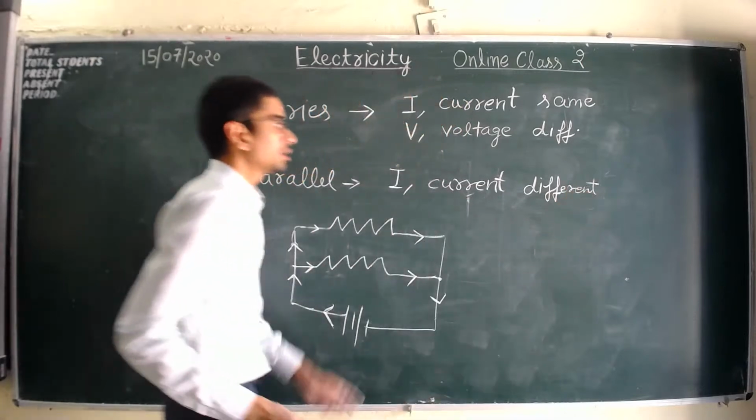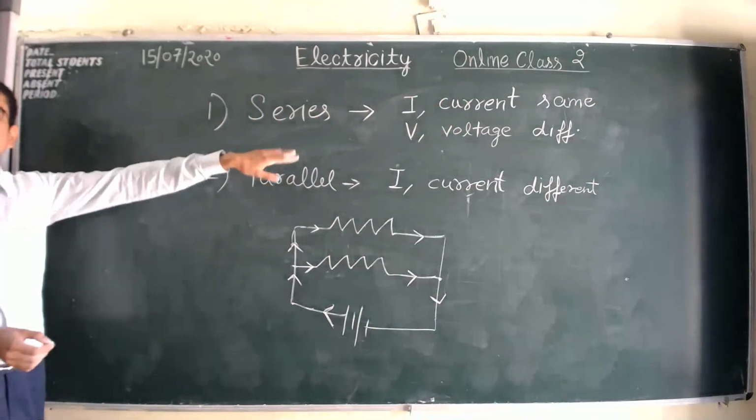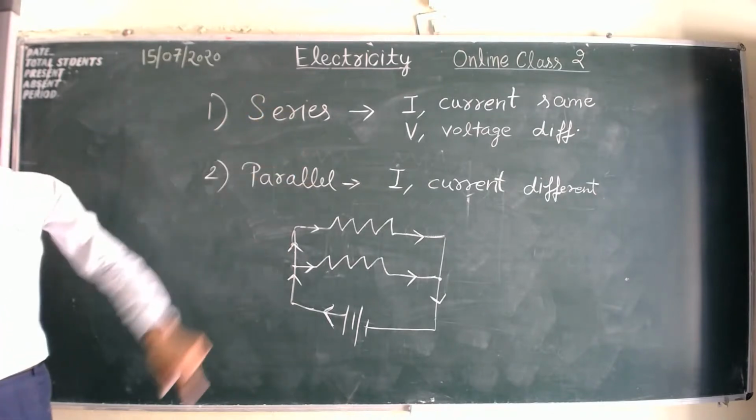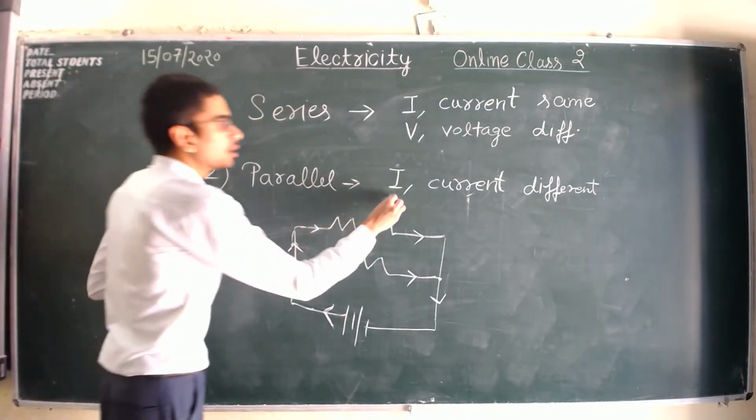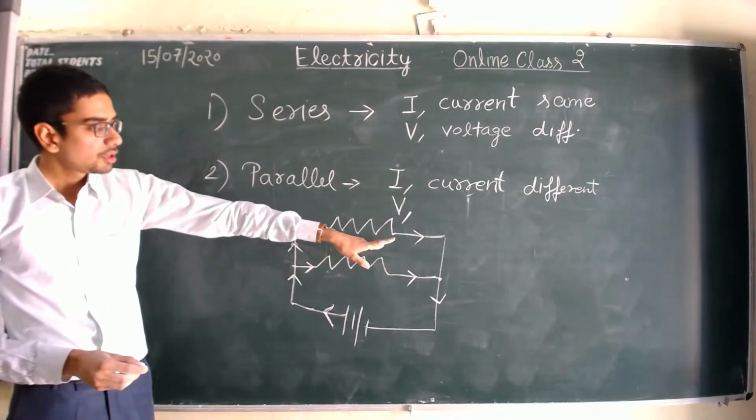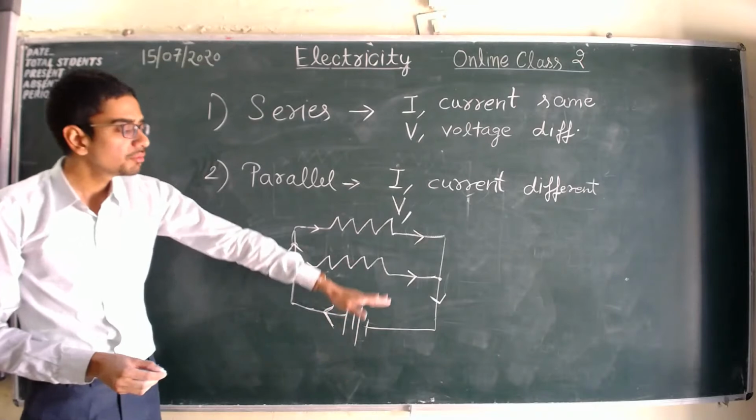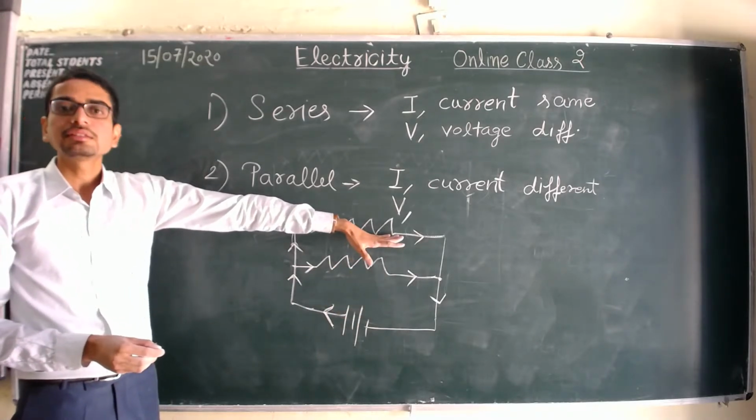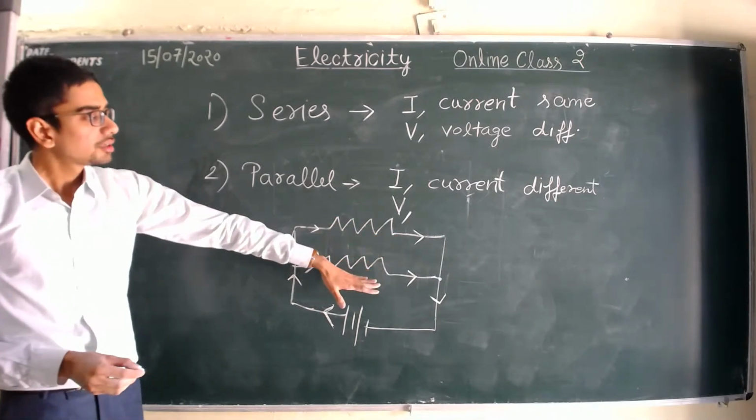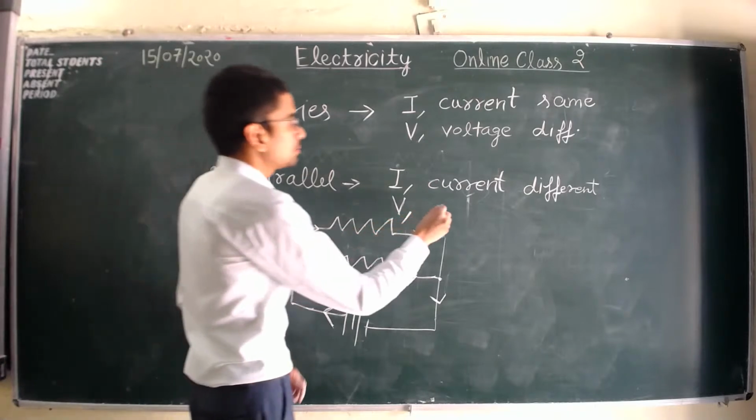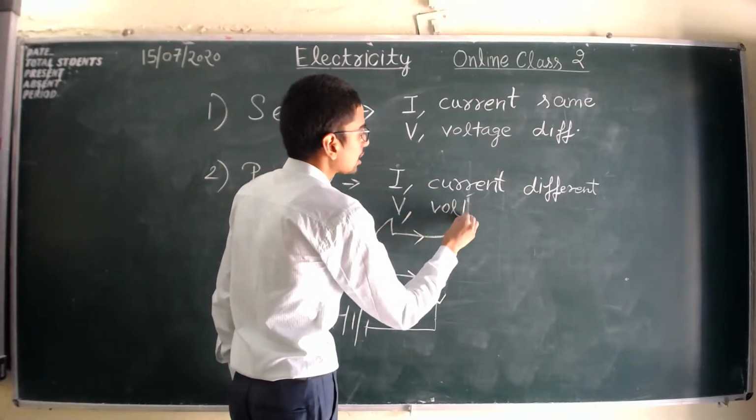Okay, compare these two things, series and parallel. ठीक है, सीरीज में करंट सेम रहता है, पैरेलल में अलग अलग होता है। वोल्टेज ऑलवेज रिमेंबर, पैरेलल में वोल्टेज सेम रहती है। जो वोल्टेज बैटरी की है वही वोल्टेज इस रेजिस्टेंस की होगी, वही वोल्टेज इस रेजिस्टेंस की होगी। ओके, सो वैल्यू ऑफ वोल्टेज इन पैरेलल इज सेम, वोल्टेज सेम।